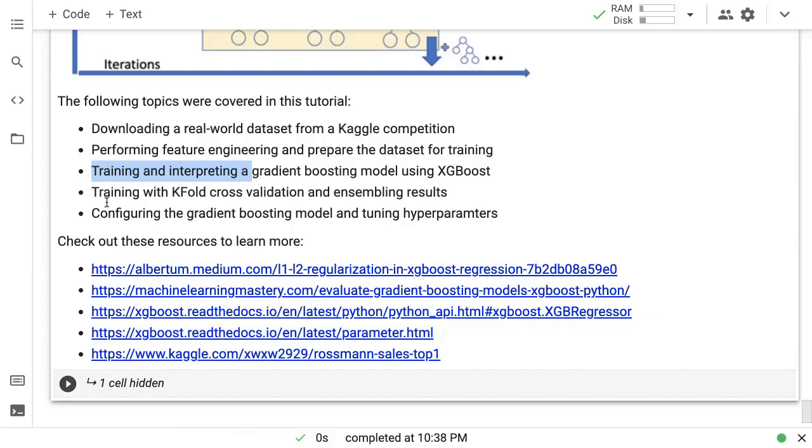We also saw how to perform k-fold cross-validation and how to combine the results of the k-folds. We also learned how to configure a gradient boosting model and how to tune hyperparameters of the model, which is essentially by going up and down and figuring out where we are getting the best fit, and going with the most impactful hyperparameter first and then slowly going through all the other parameters.